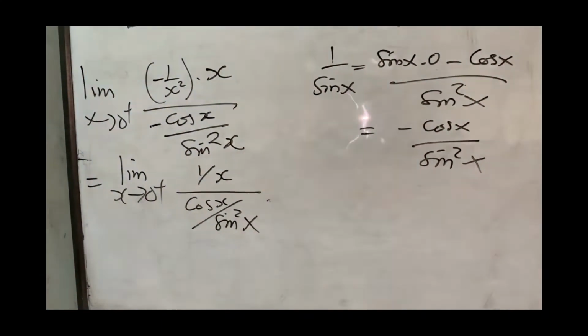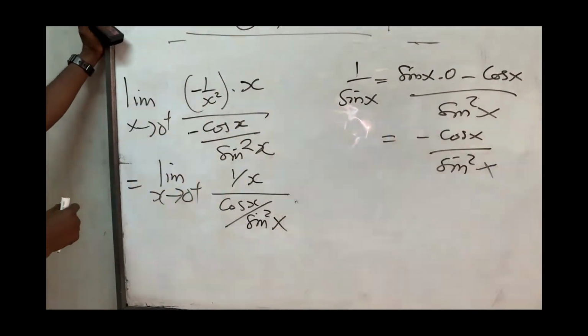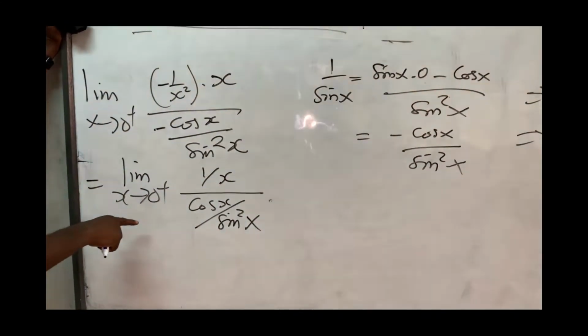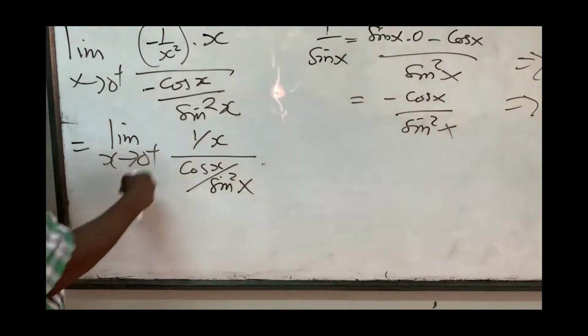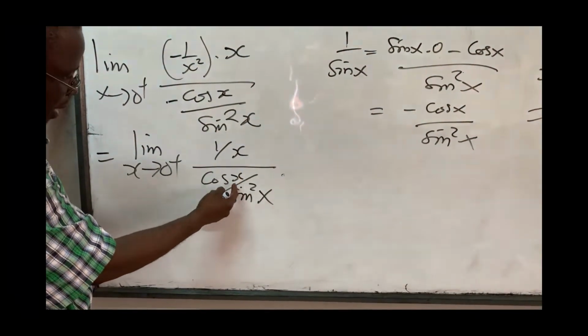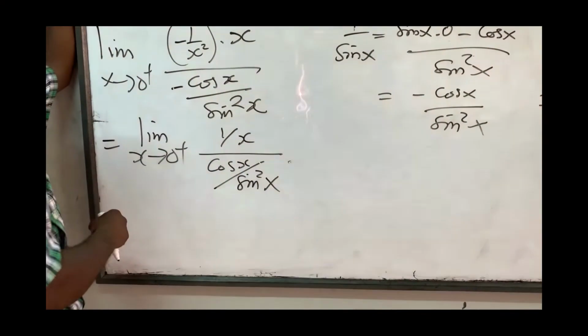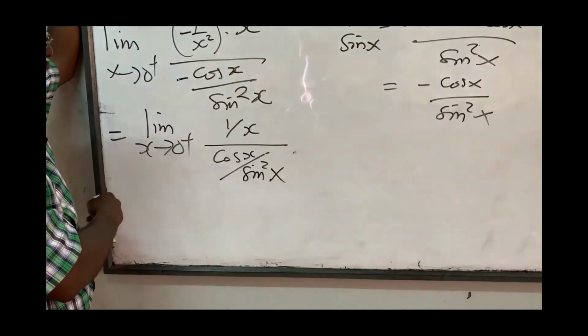Okay, good. So now we have, as x goes to 0, we're going to have infinity over here. As this goes to 0, this guy is 1 over this, so we still have infinity. All right. Okay. So what you can try to do is